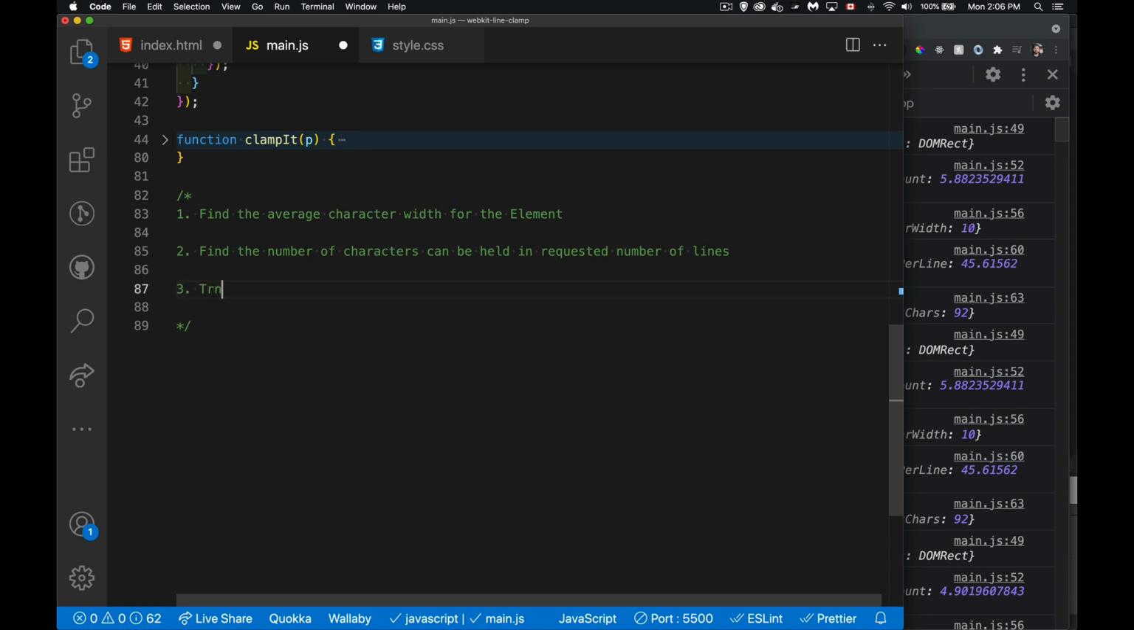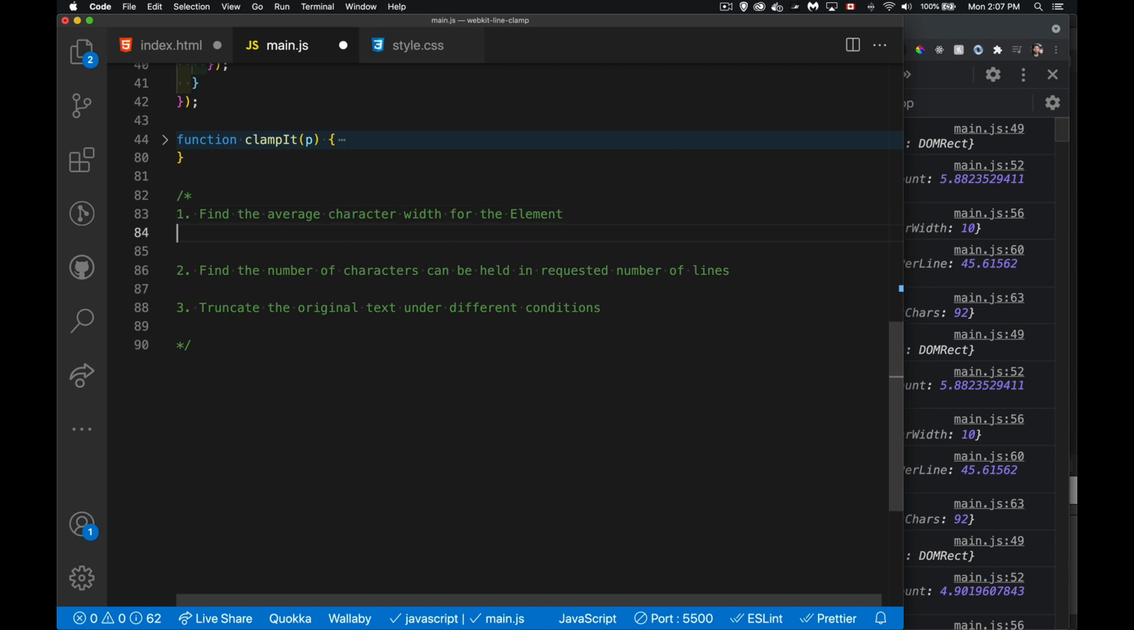So we're truncating the original text. Now the different conditions, that's just the width of the paragraph, the font size, if the font size changes. So as the page is being adjusted, we're going to be recalculating this and redoing the clamping and adding the ellipsis. So those are the main steps. Within each one of those steps, what we're going to be doing is